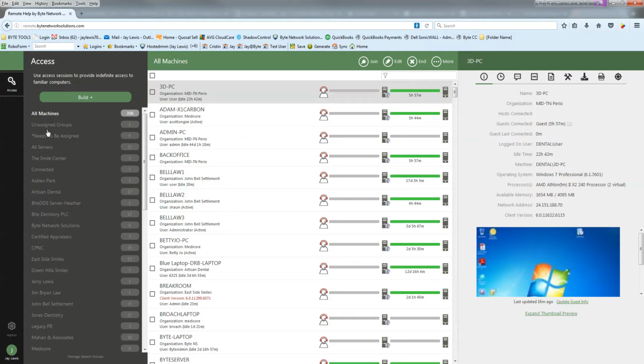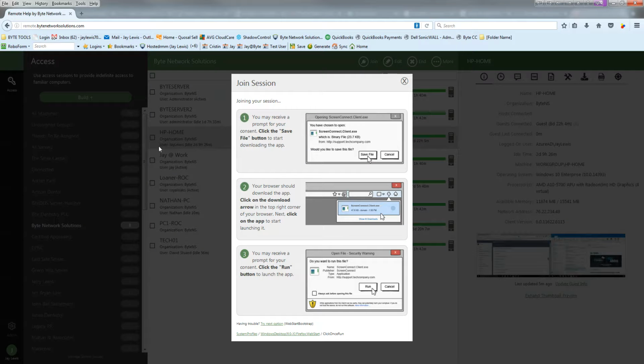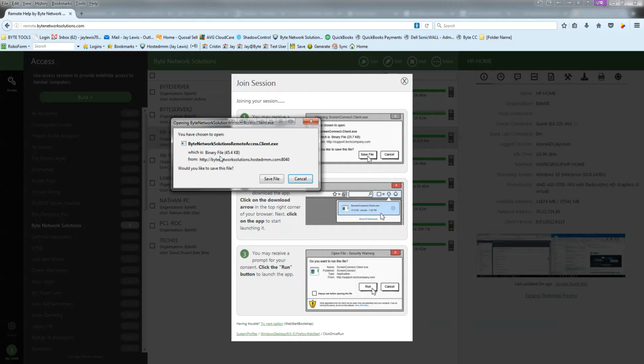If I click on access, which it refreshed to, then here's obviously all the computers that we manage. But to get on the computers that you're going to need to manage, you're just simply going to double click on the screen. Depending upon the type of browser you have, it may open immediately, or in the case of Chrome,